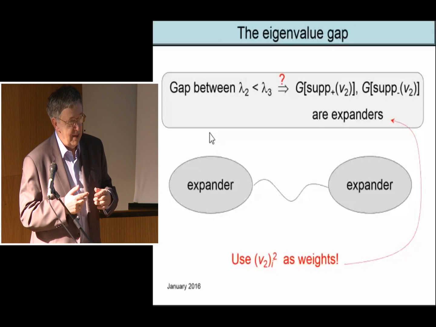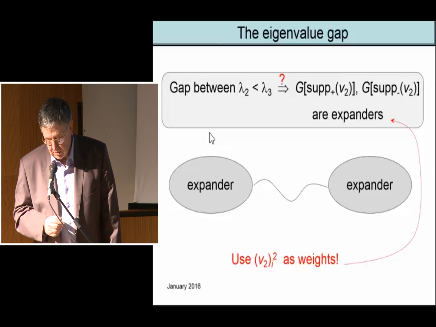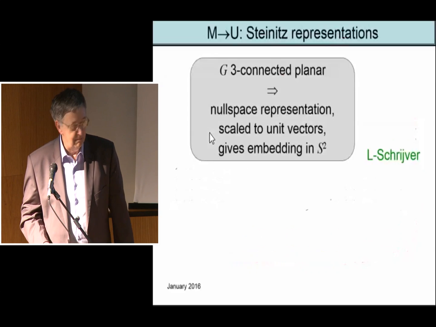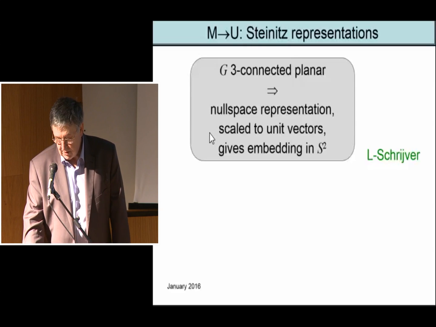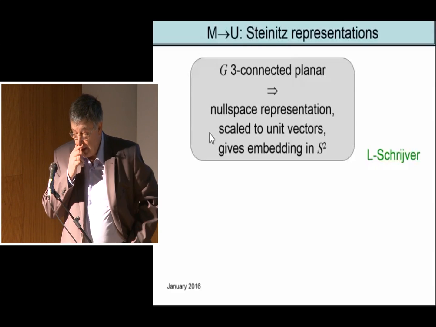So it also means that the graph is rich in some sense, and I don't know how to go on, whether both parts are non-planar or one of them is non-planar. It says something about being able to cut the graph into two non-planar parts and so on. So this is about the eigenvalue gap. Now,